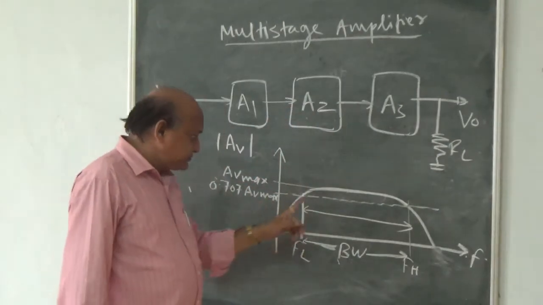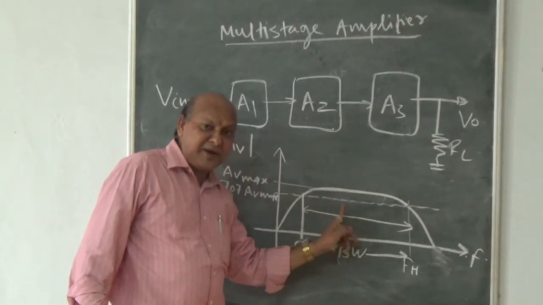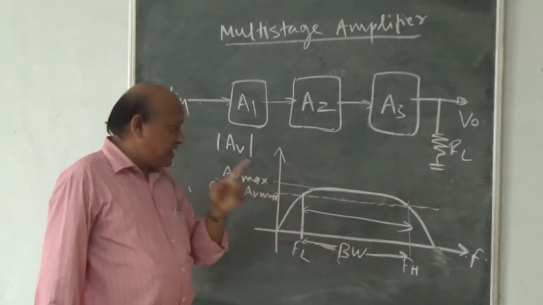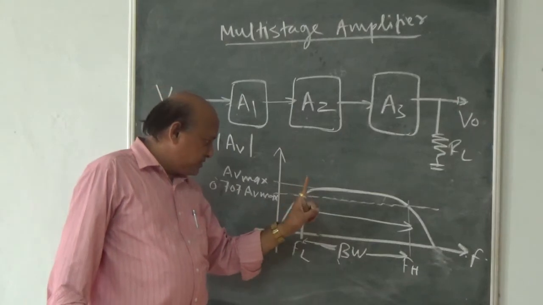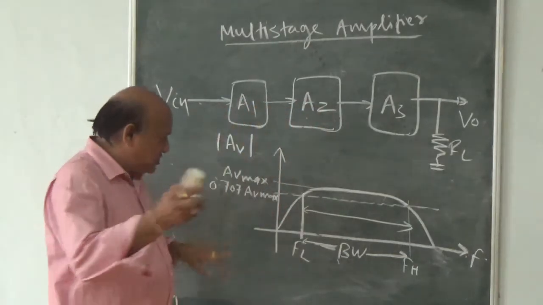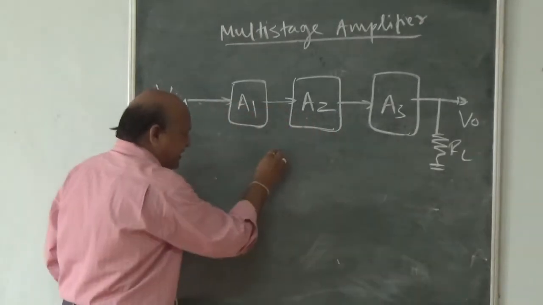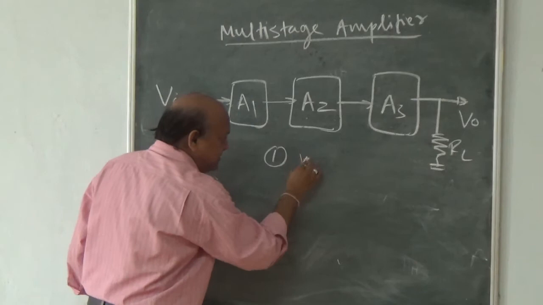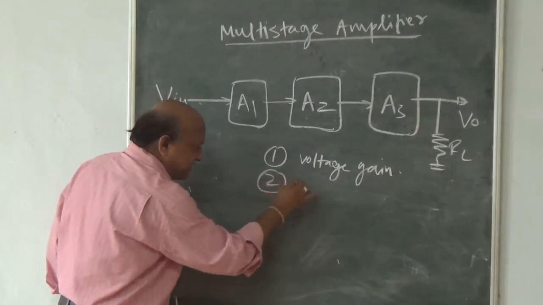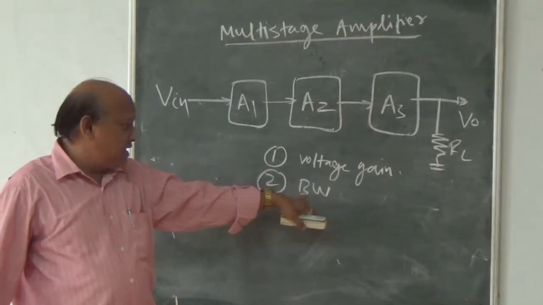So dear friends, I have already told you about this bandwidth. This is a very important second factor of this cascaded amplifier. So dear students, remember about the bandwidth, and this is a very necessary and important thing in case of cascading amplifiers. So this is all about the bandwidth, the second factor. The first factor we have seen is the voltage gain, which is very advantageous, and second is the bandwidth. I have already told about the voltage gain, and we have also just seen the bandwidth.